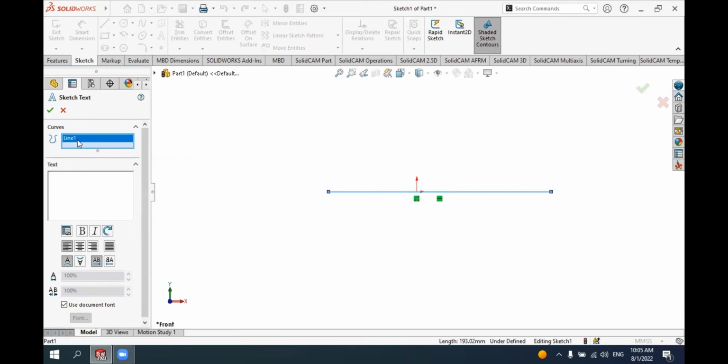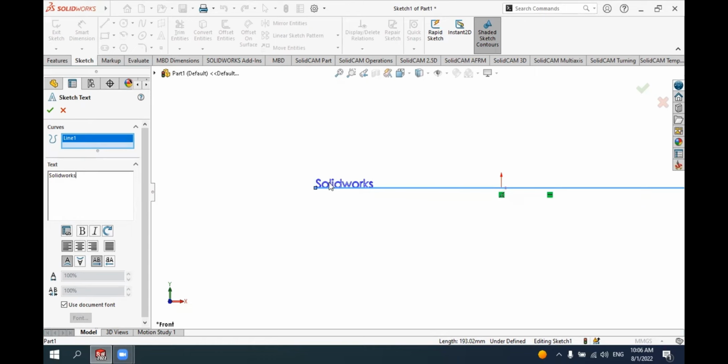The line is selected here, and I will go to the text menu and write here the text I want to create. For example, I will write the text SolidWorks, and as soon as I write it, you see here